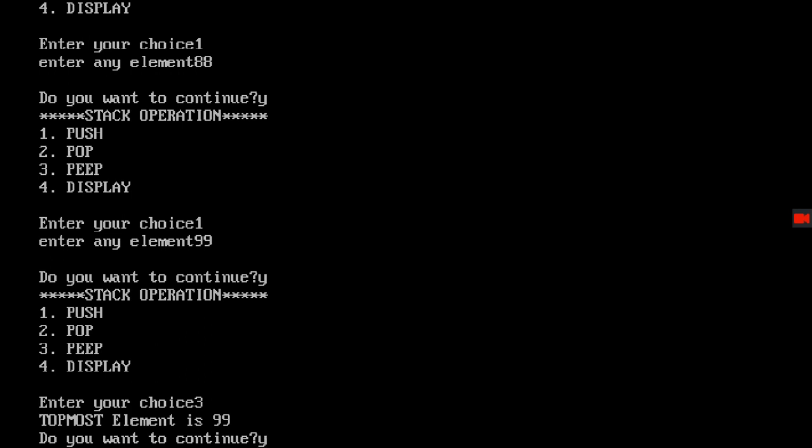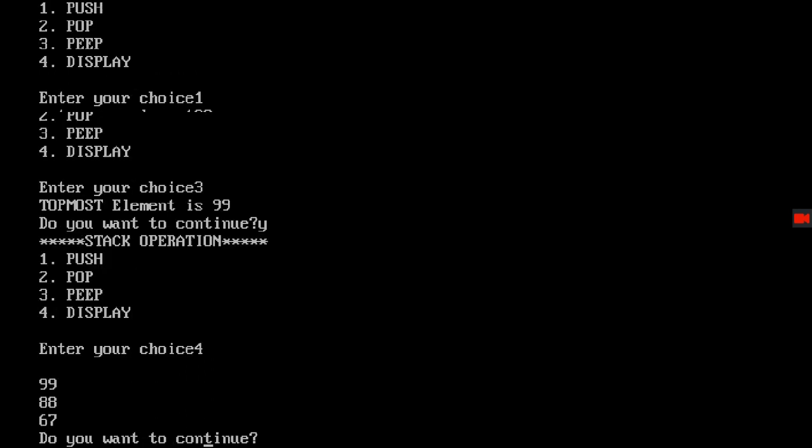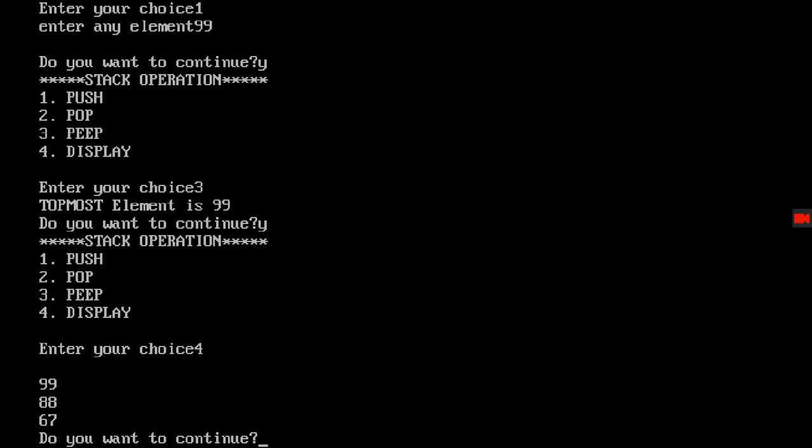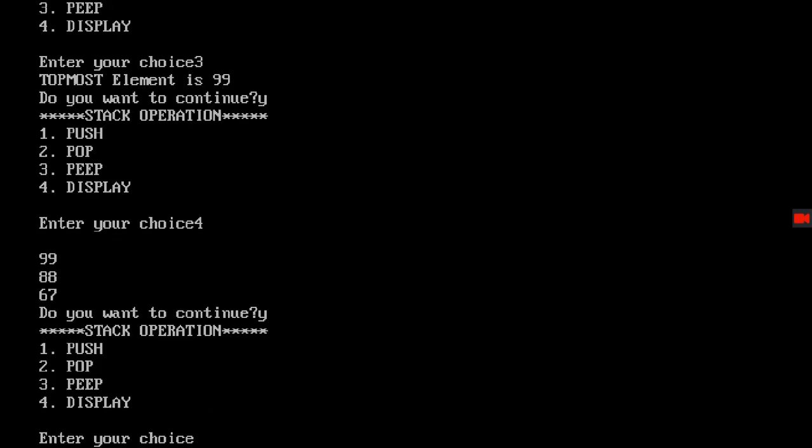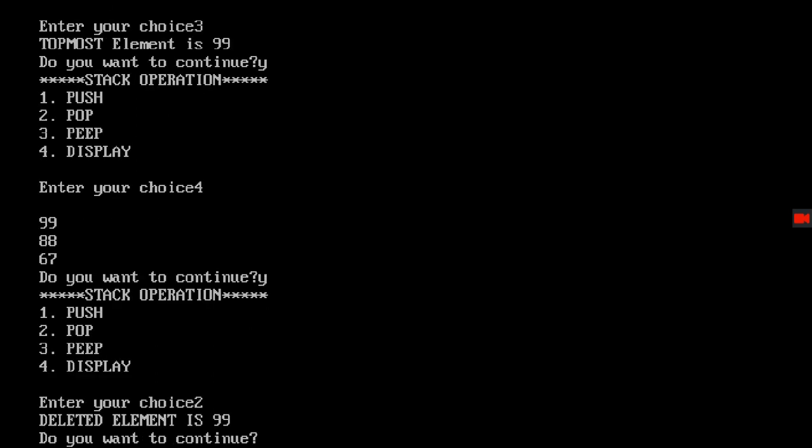You can check it with display as well: 99, 88 and 67. So this 99 is not deleted, we are just getting that topmost element from peep. Now if you want to delete it, I can write 2, and the deleted element is 99.